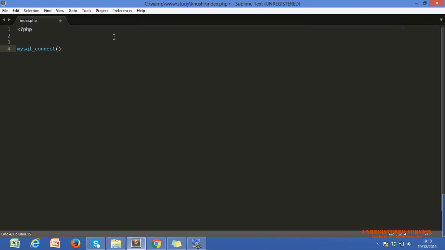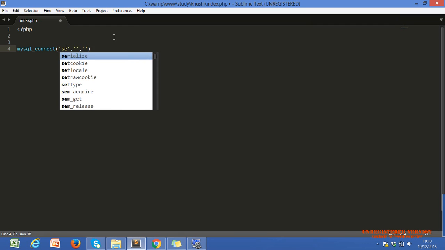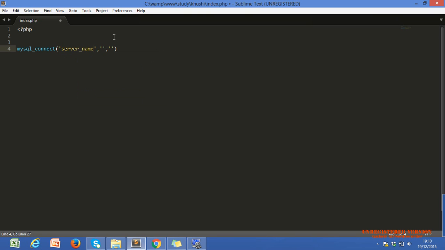This function takes three arguments: one, two, and three. The first one should be our server name, whatever the server name is. I will discuss the server name shortly.